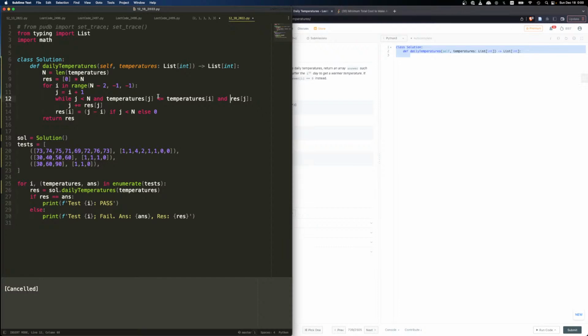Okay, then we need to find the next one. But if res j is 0, then there's nothing smaller than that. So if it's 0, then we jump out. When we jump out, it depends on res j actually, because eventually we will go to the last one. If the last one is bigger then